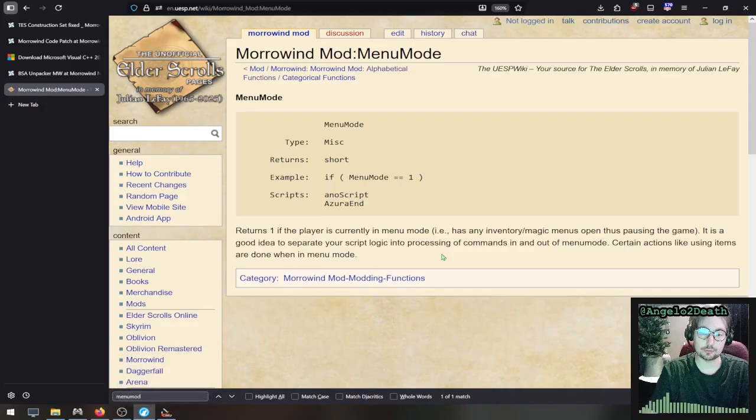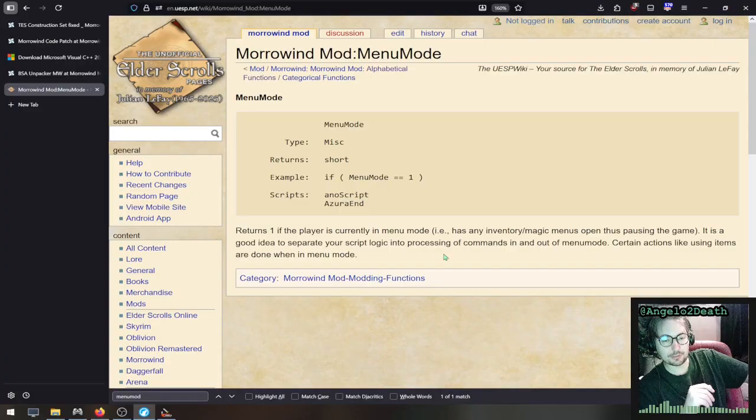For example, if you're having a conversation with somebody, and then in that results function, you say, oh yeah, they're gonna be moved to a different cell. You could move them to a different cell in a different position. If you're in the conversation with them, that's menu mode. So if you put in the results menu that they're gonna move away,